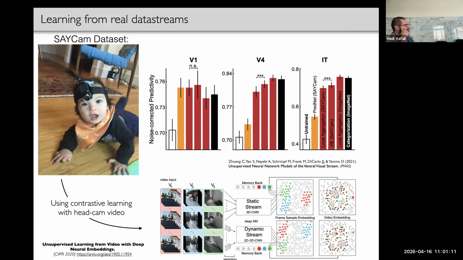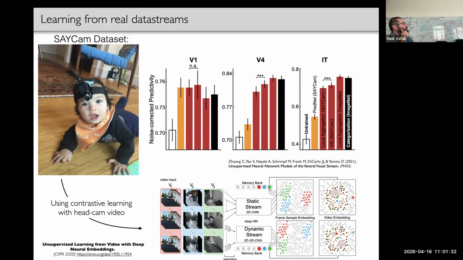You could just take those videos and put them through this network. You didn't have to have any labels. And you could ask how well it did. And, okay, actually it was all right, in the sense that it produced neural responses that were only a little less good. Okay, let me put some asterisks there. Not quite as good as running it on the, well,